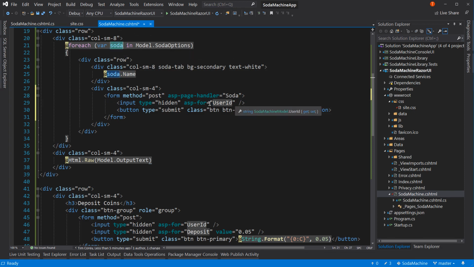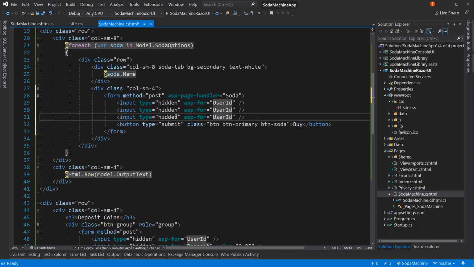That won't work for our input types. But what we can do is copy the input type, paste it twice. Let's say instead of user ID, I'm going to say selected soda, that's what we're going to try to pass it into, dot name. All right. And the other one's going to be selected soda dot slot occupied. But the value